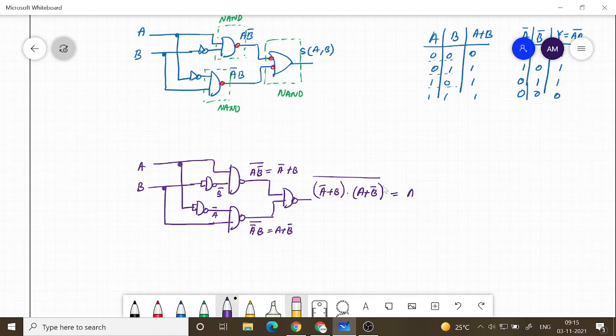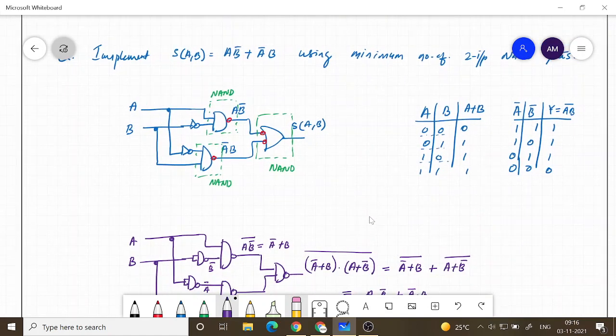So that is equal to A bar plus B the whole bar plus A plus B bar the whole bar, which is equal to A into B bar plus A bar into B. So this is what we wanted to implement. So we are getting it.